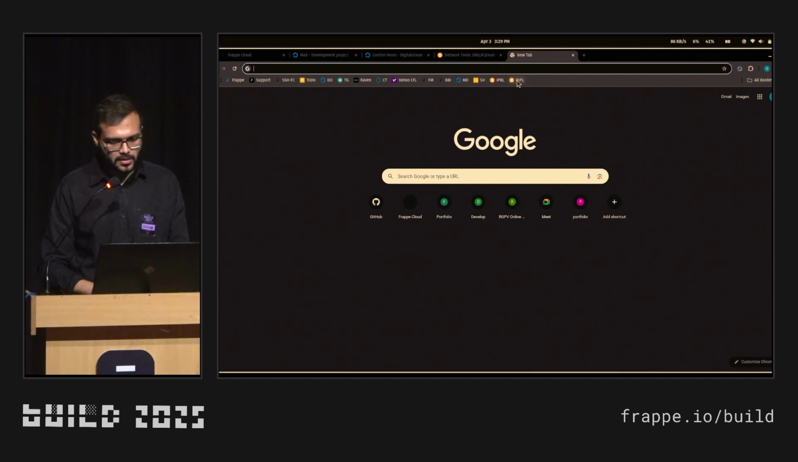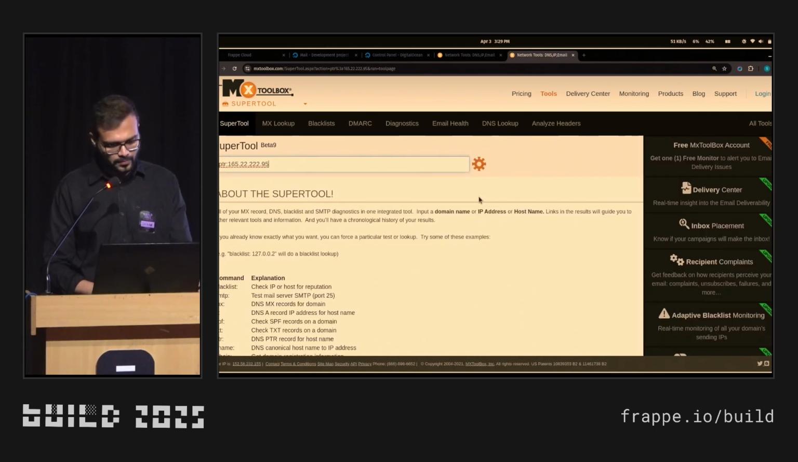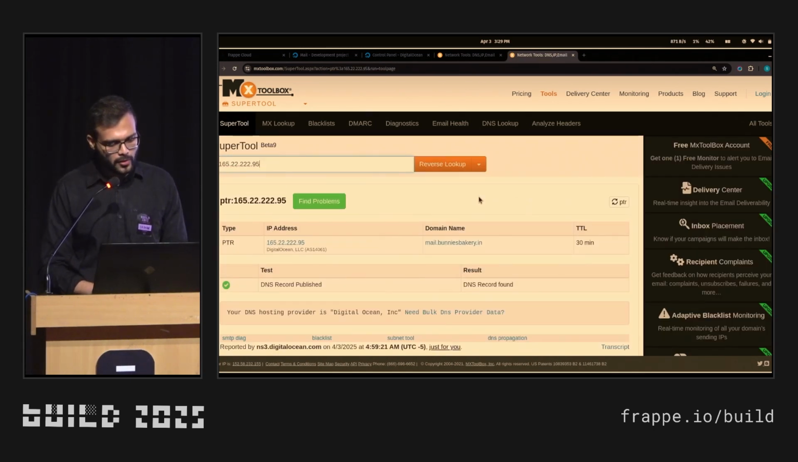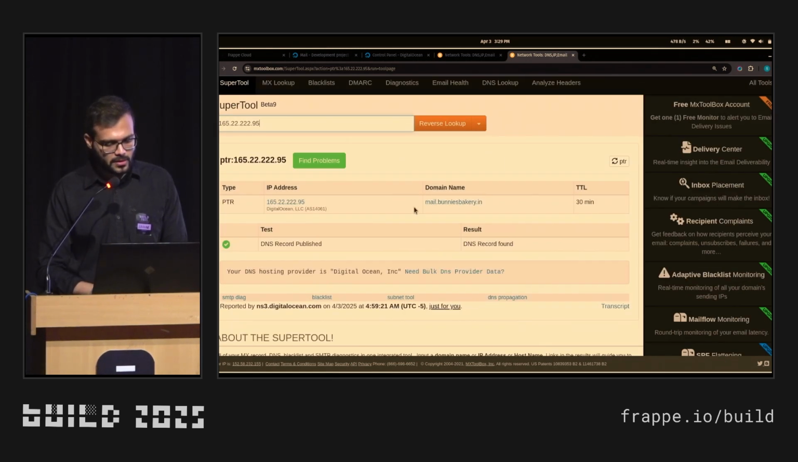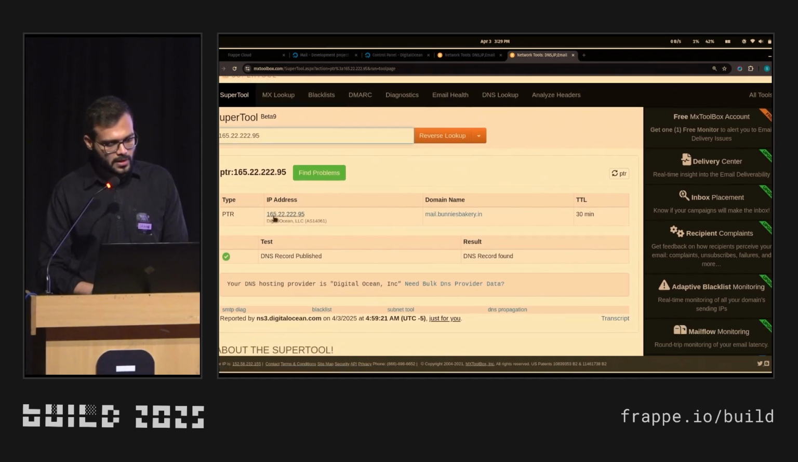The second check we'll do is the reverse IP lookup. Whenever you want to send an email to any legitimate service like Gmail, Outlook, or Yahoo, they will check for this PTR lookup, or you can say reverse IP lookup. Here is the IP address of my droplet, which is pointing to mail.bunniesbakery.in. This should exactly match the